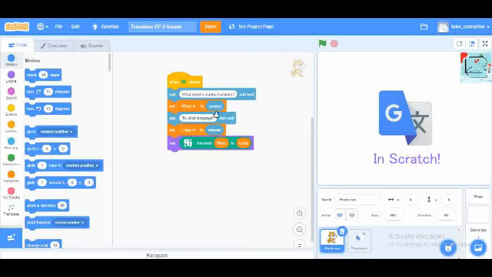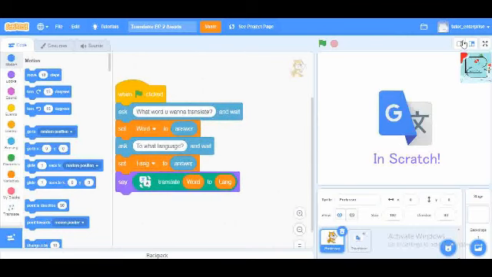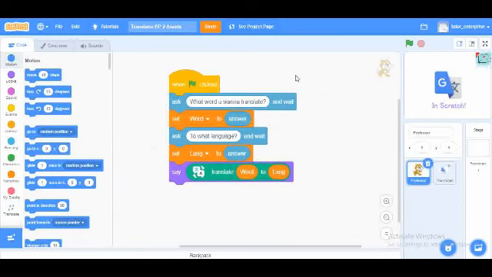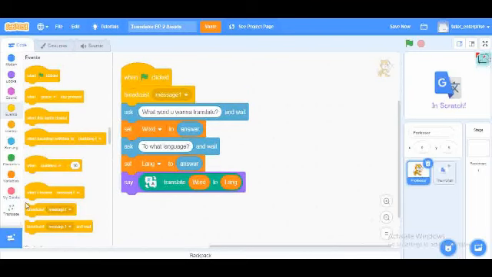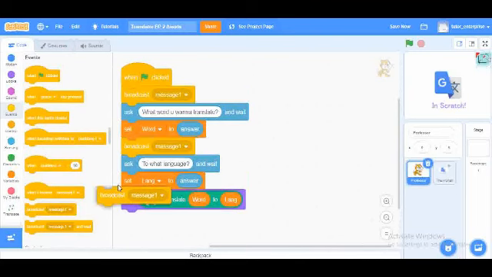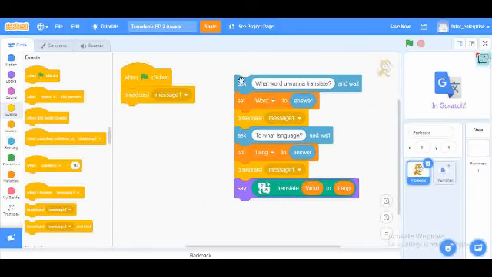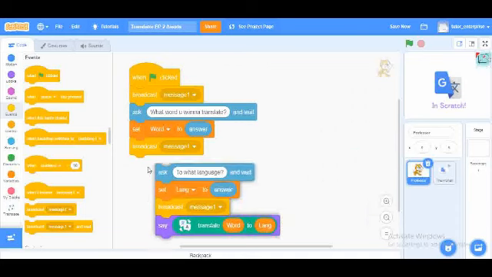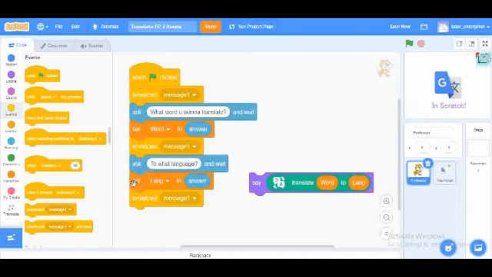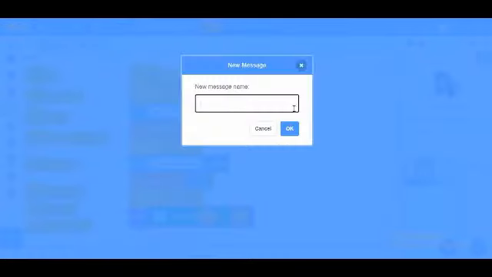So the scripting is actually really simple. You just need to go to the event section and add in these broadcast blocks in the locations as I add them. The first one would be right below the green flag click block. The second one would be right below the set word to answer block. And the third one would be right below the set language to answer block. Now we don't want all the broadcasting messages to be same. So for the first one we would set